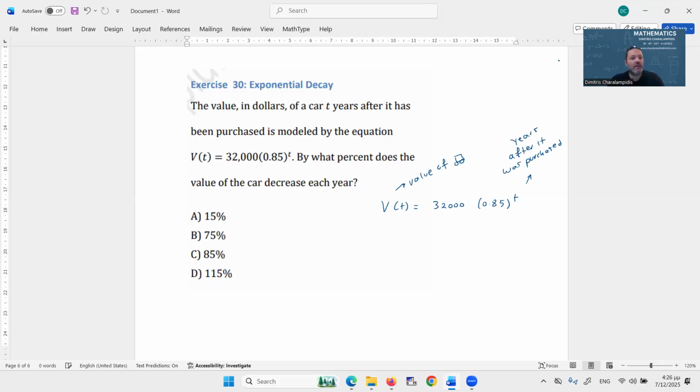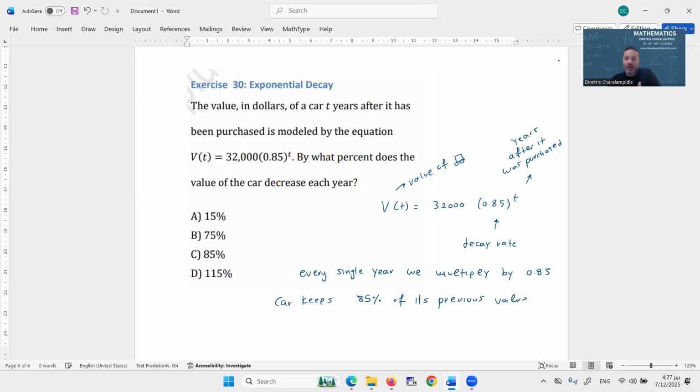By what percent does the value of the car decrease each year? We can see that this is the decay rate, which shows that every single year we multiply by 0.85. This means that the car keeps 85% of its previous value,